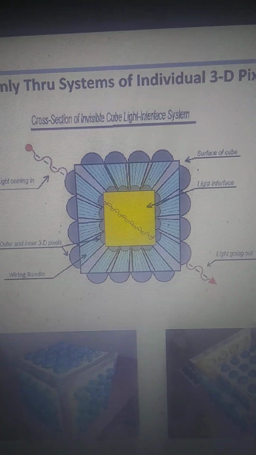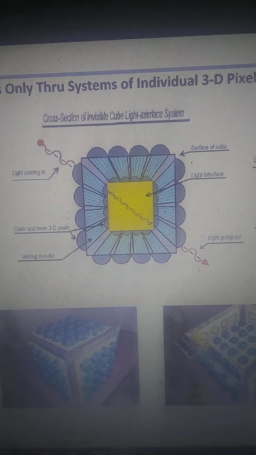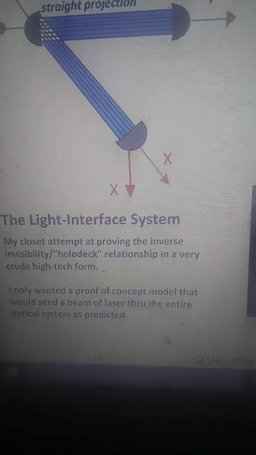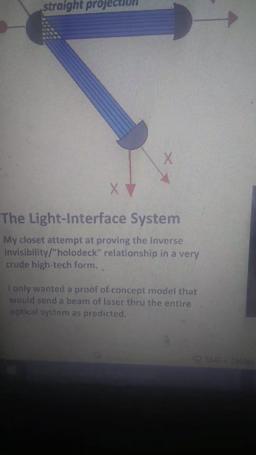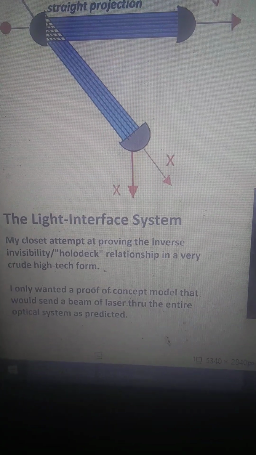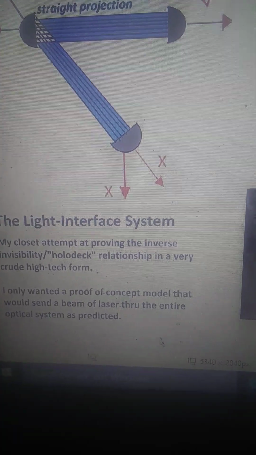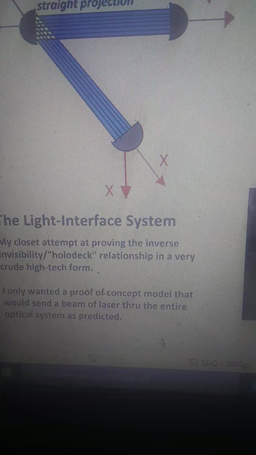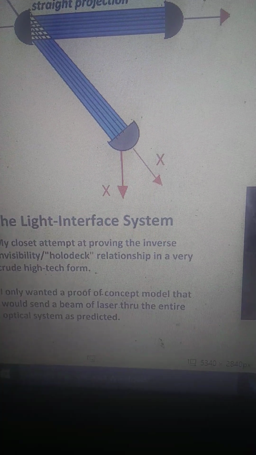The cross section of an invisible cube light interface system, light going in, light going out. The interface, this is the box form, and this is my closest attempt at proving the inverse relationship between invisibility and holodecks in a very crude high-tech form. Only wanted a proof of concept model